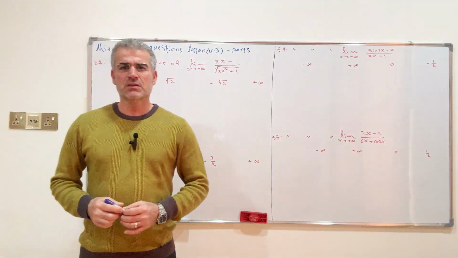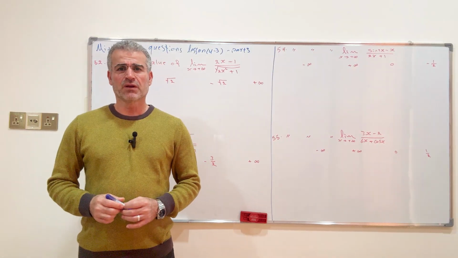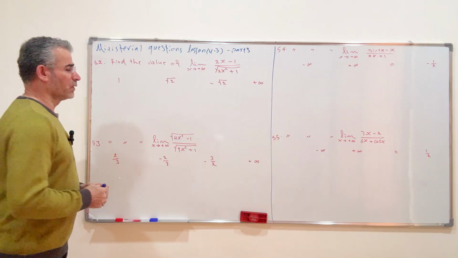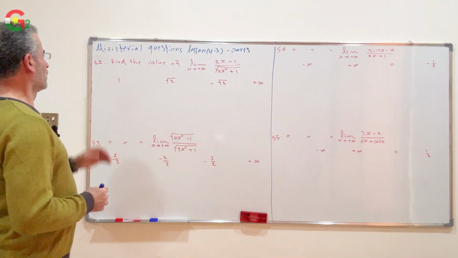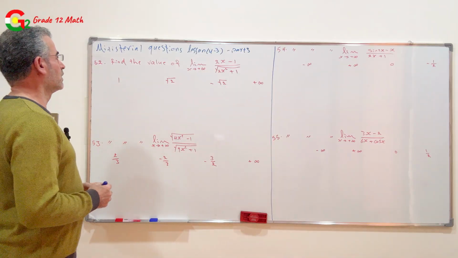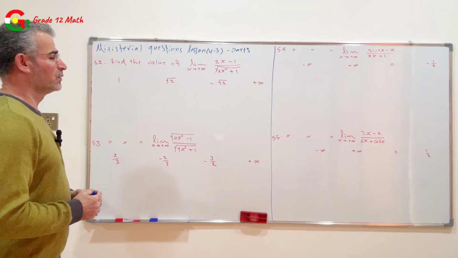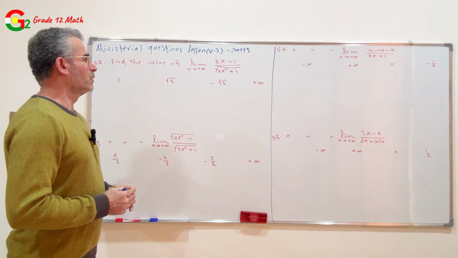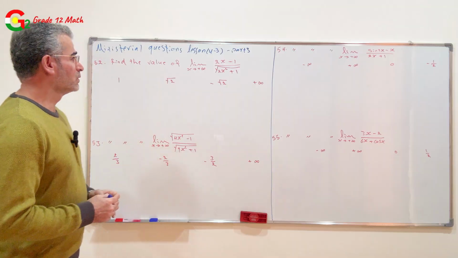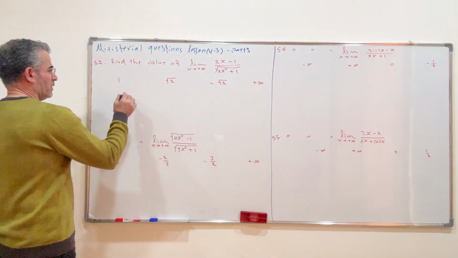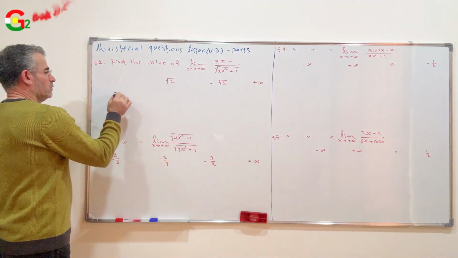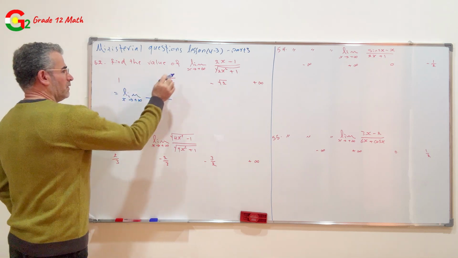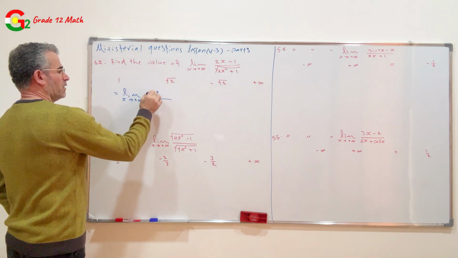Everyone. In this tutorial, I will complete solving part 3 of the ministerial question of lesson 4.3. We reach question number 52. Find the value of the limit when x approaches positive infinity for the function (2x minus 1) over square root of (2x² plus 1), equal to the limit as x approaches positive infinity, factorized by x for the numerator,